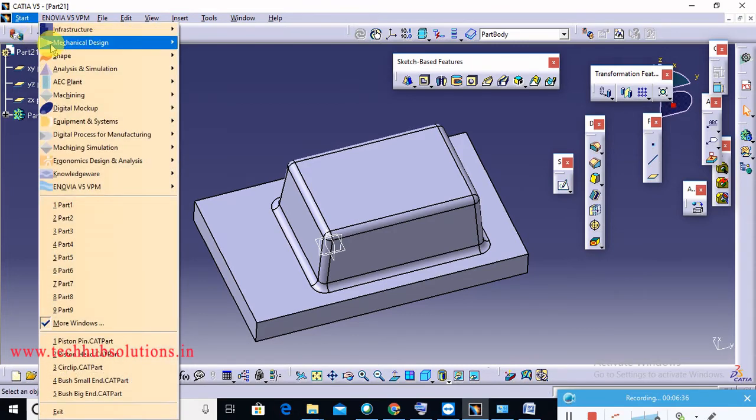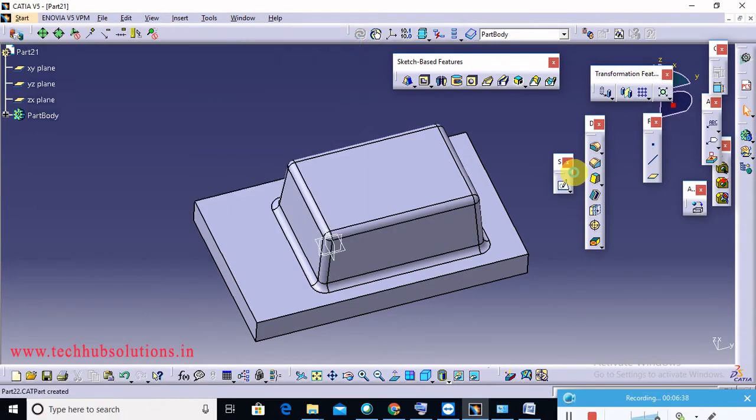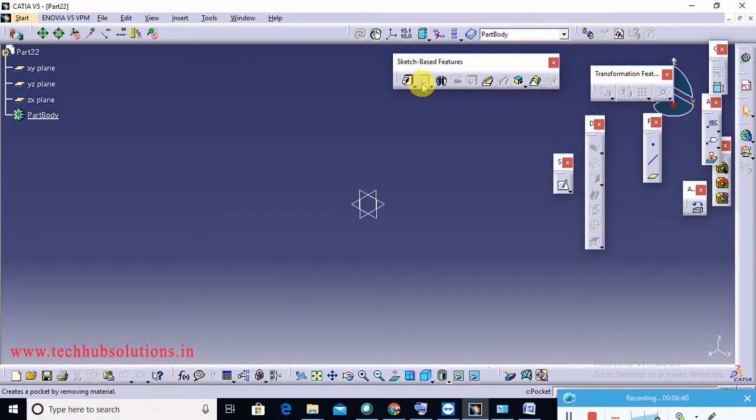Same procedure follow here. Also pocket. Now pocket is dehighlighted because there is a remove material option, and in this part now there is no material. So first create any material, then pocket will be highlighted.